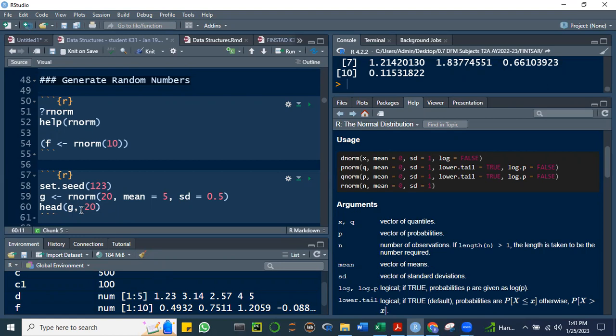But let's just print, let's say, just 10. So if we run this,